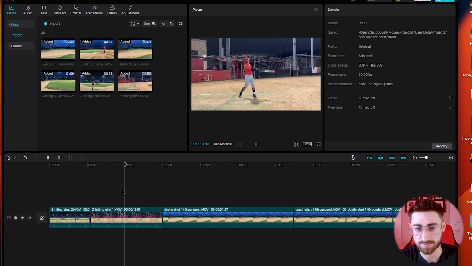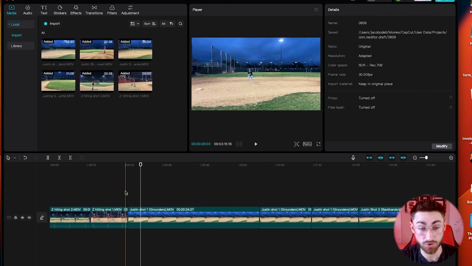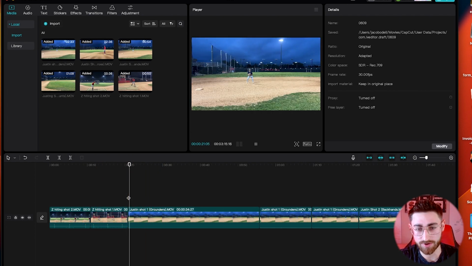As you can see, that's a miss right here coming up. So we're gonna cut this right there. There's really no need to have too much hitting. So now we cut that down by a lot. And then once we get over to the grounder section,